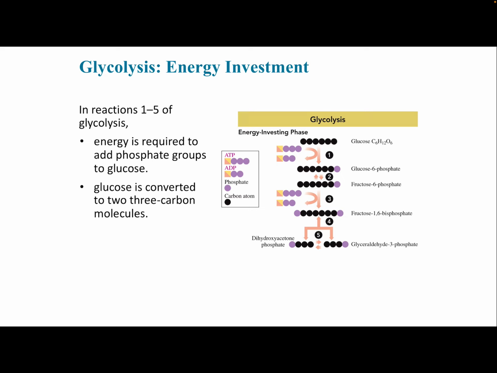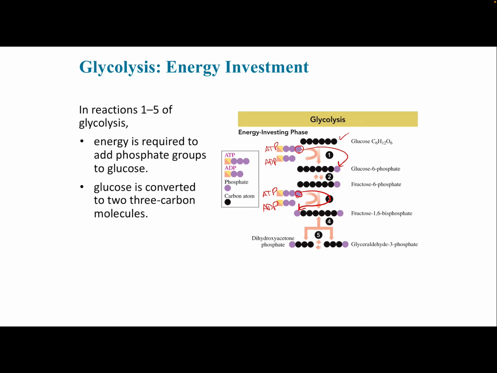So glucose here you can see, now this is just a diagram. We'll go through each one independently, but just to give you an idea here, we've got the 6 carbons, right? We're going to bring in an ATP, hydrolyze it into ADP, and essentially one of those phosphates is going to add to our glucose, giving glucose 6-phosphate. Glucose 6-phosphate will get converted into fructose 6-phosphate. So we know that that just changes the aldose into a ketose, right? Fructose 6-phosphate then will also get prepped, ATP into an ADP,